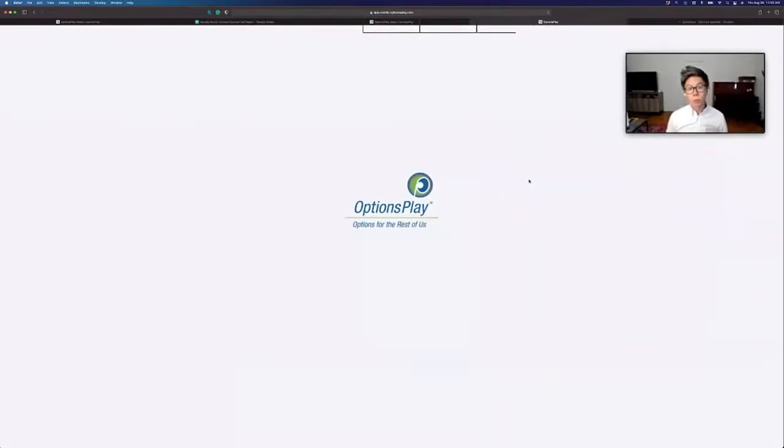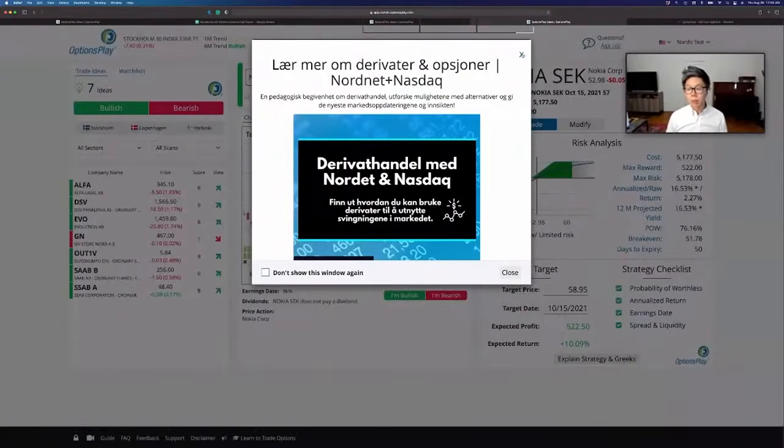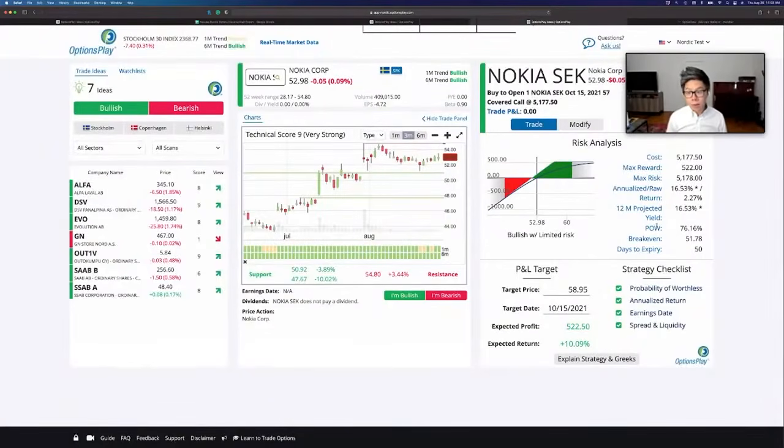And when you click on the link, what it will bring up is the exact trade that we were looking at in the OptionsPlay platform. The OptionsPlay platform is designed to help you analyze a specific trade. As you can see here, I'm collecting 2.27% of the stock's value. That's the raw return, which annualizes out to 16.5% return over the next 50 days. So Nokia, if you own the stock, is a stock that pays 0 dividends. So if you're holding Nokia stock and you're waiting for this to rally, you're not getting paid any income while you hold on to it. This supplements that income stream at about 2.27% every 50 days.